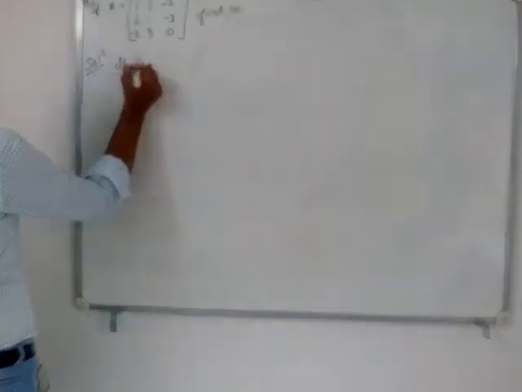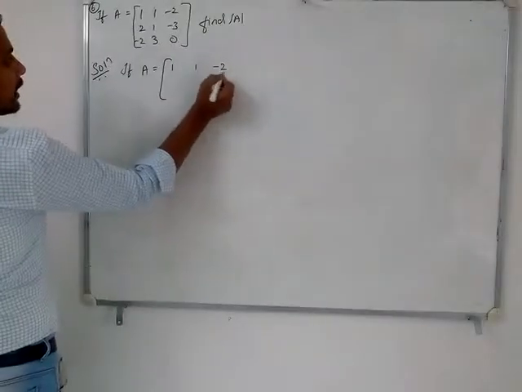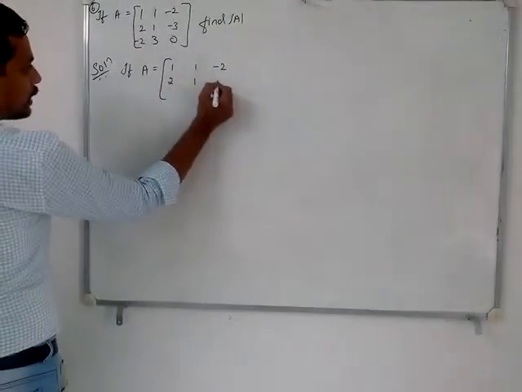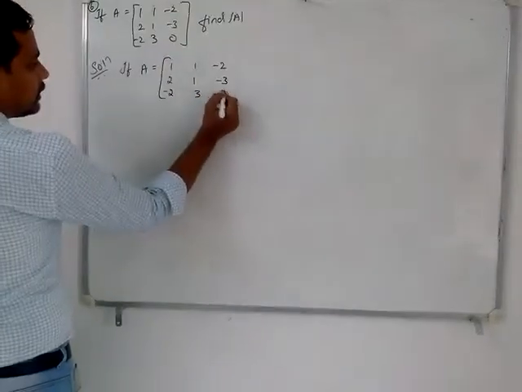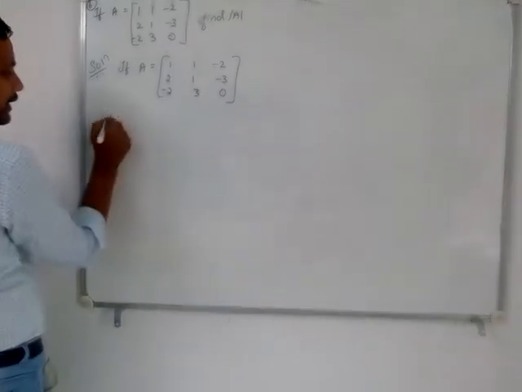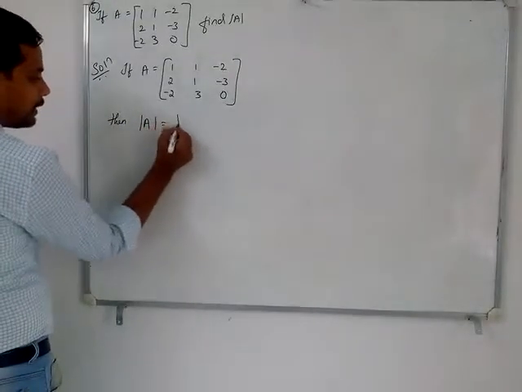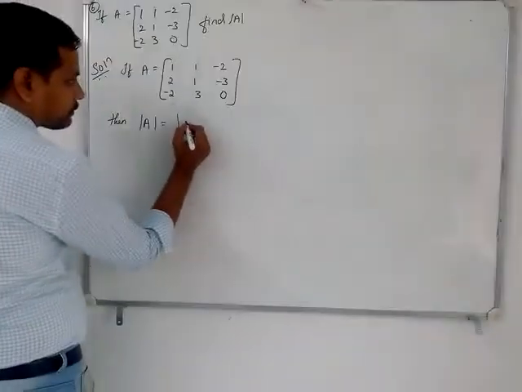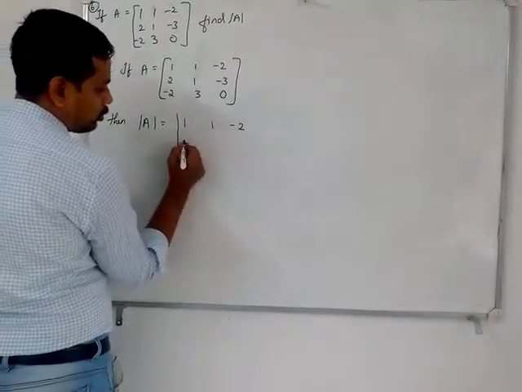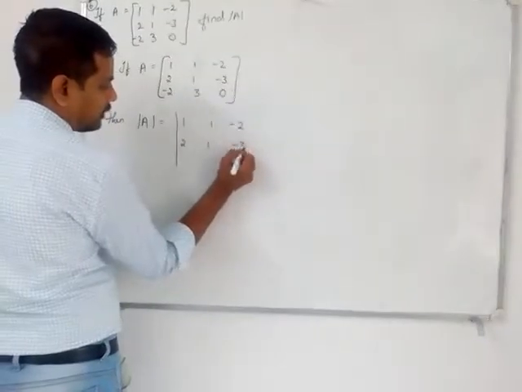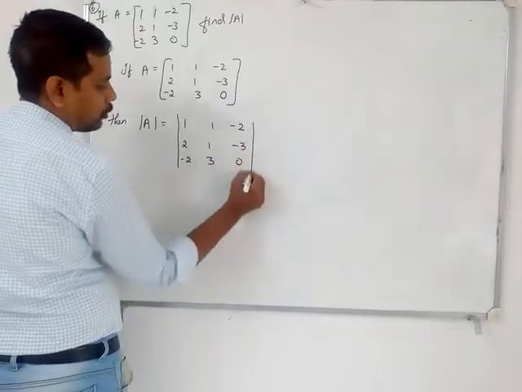So if A is equal to 1, 1, minus 2, 2, 1, minus 3, minus 2, 3, 0, then determinant of A will be